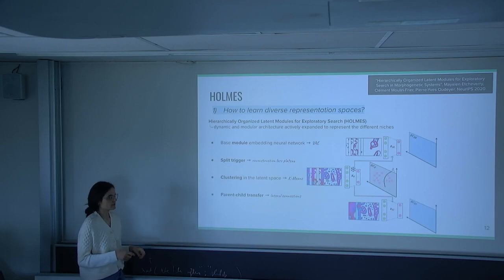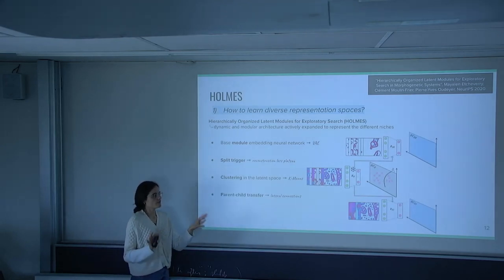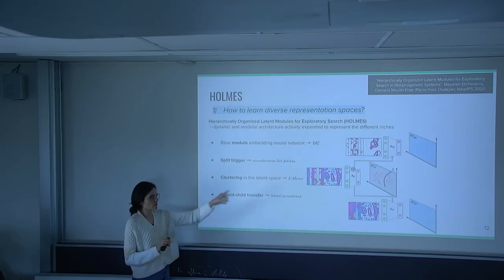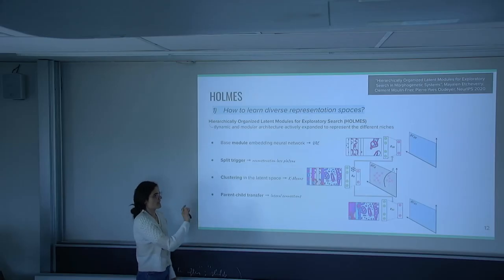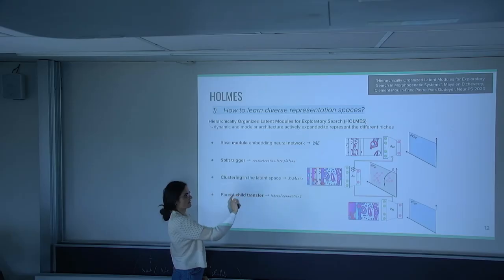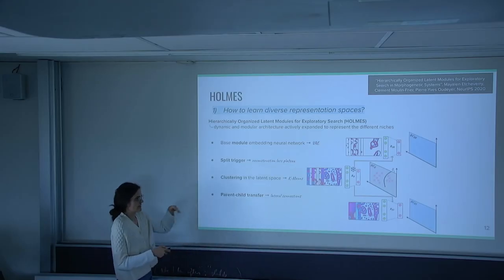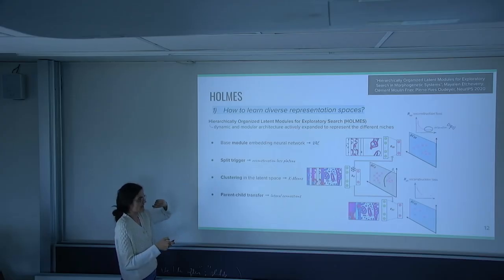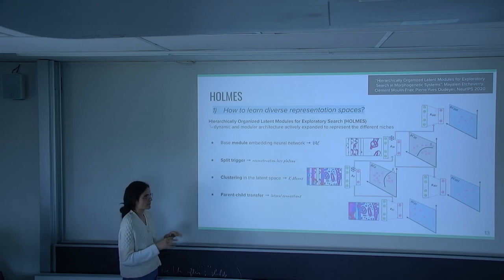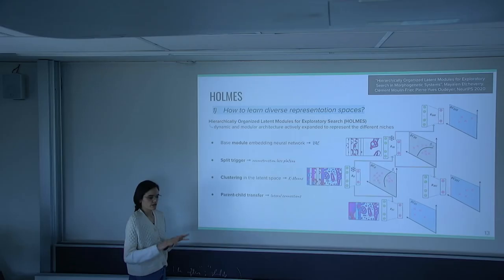And then what we do is that we instantiate new modules, or new VAEs, that we train on these niches of patterns. There are also some additional tricks that we made to ensure that the child VAE learns features that are different from the ones of the parent. So we have different VAEs, and we repeat this process as new data is coming, train it online, and so on and so forth. So you have this progressive hierarchy of feature space that is learned through exploration and that is continuously extended as exploration goes.